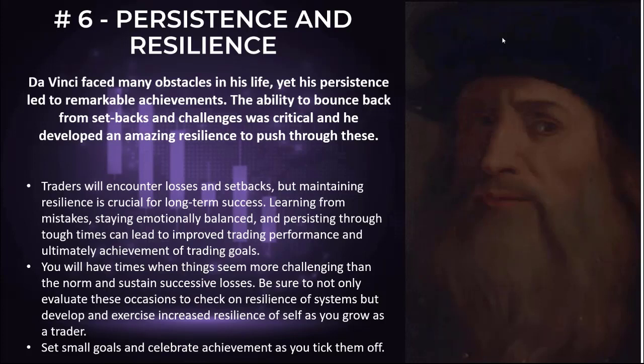But also combined with that was the ability to bounce back. And every time you bounce back from an event, and Da Vinci certainly, there was a couple of quotes again, which I should have put up. Again, Da Vinci referenced this a couple of times in the strength that he felt every time he was able to overcome an obstacle and move to the next level despite setbacks. It just made him stronger and stronger and stronger. That resilience, that trading resilience that you can develop, to put this into a trading context, is critical for long-term